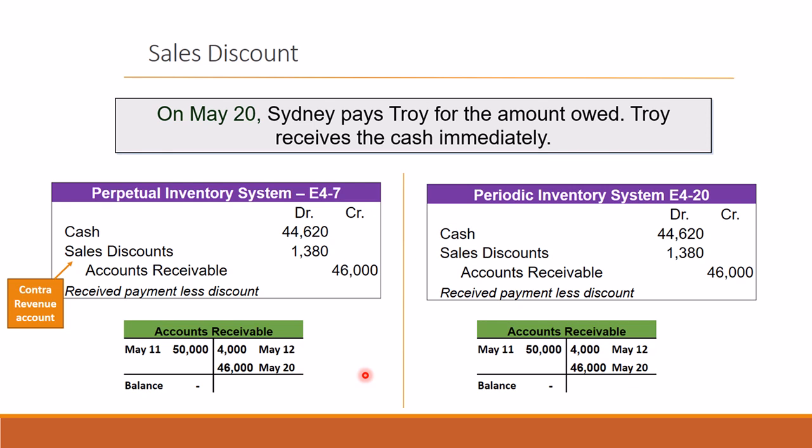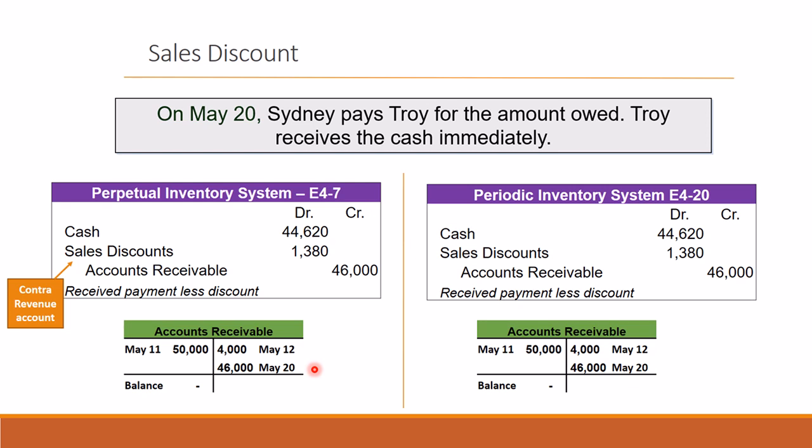If we had made a typical mistake and had credited accounts receivable for $45,620 instead of $46,000, we would have had a remaining balance in accounts receivable of $1,380 in error. It would have made it look like Sydney still owes Troy some funds,